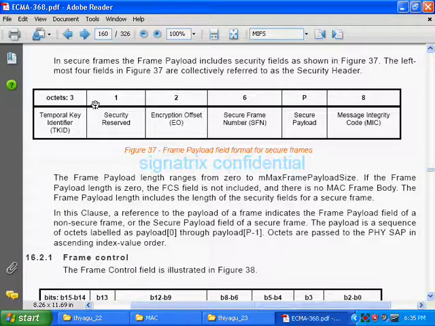The second one is reserved, having the width of 1 octet. The third one is encryption offset. In a secure payload, it tells from which byte number the encryption will start. That is the encryption offset.